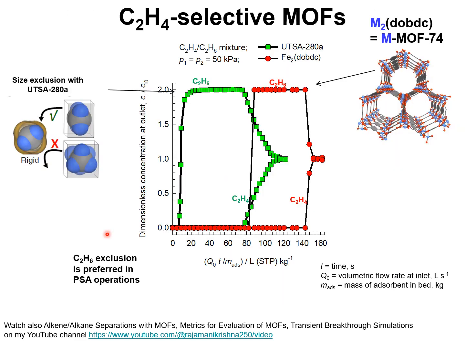There are basically two types of metal organic frameworks that are capable of separating ethene and ethane mixtures. The first class of metal organic frameworks are selective to ethene. In this category of ethene selective MOFs, we have two subcategories,